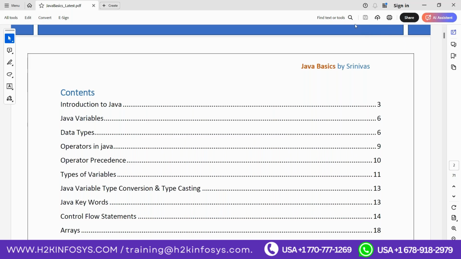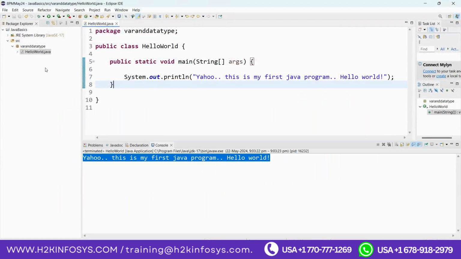Okay, any other questions before I move on to the topic, guys? Yeah, I have one question. We did map the jar files before that program, correct? We did map the jar files in Eclipse before writing this program. No need to map the jar file, right? See, you already installed Java. By default, whenever you are creating the project, it has taken